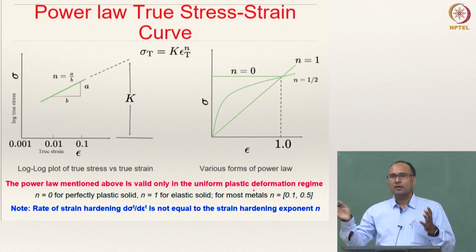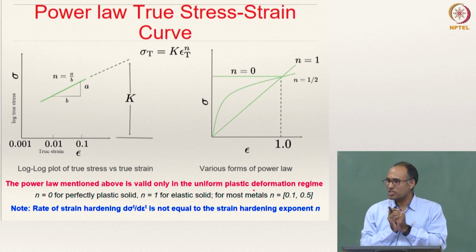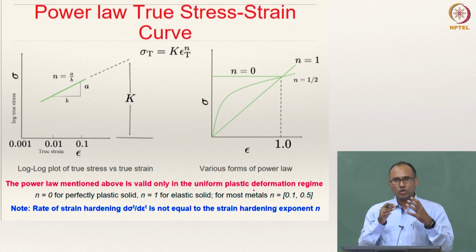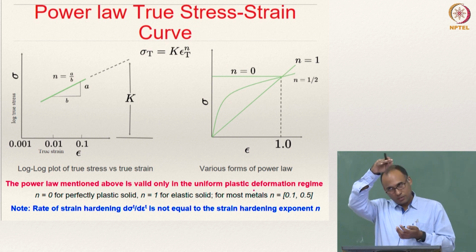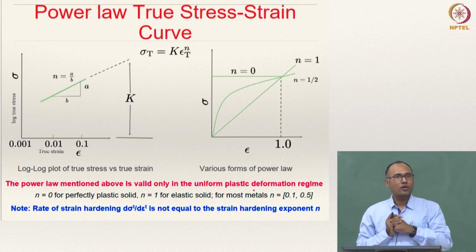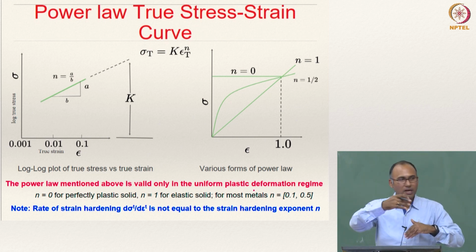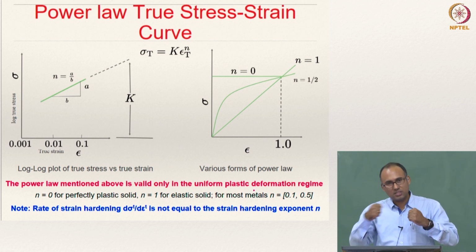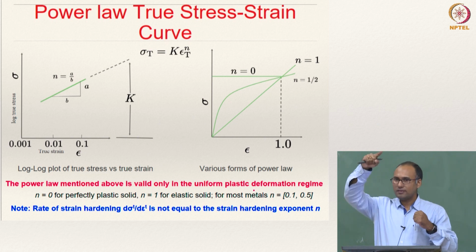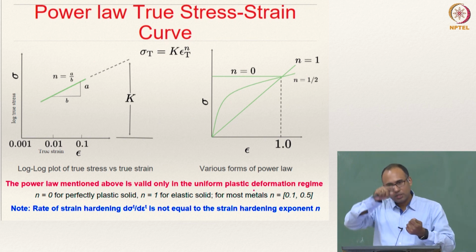And beyond necking, so the necking represents the onset of localized deformation, right. And then usually after necking, if you are looking at the engineering stress strain curve, your stress strain curve falls down because the force required to cause further deformation will go down. Previously, until the ultimate point, the additional force required to cause further deformation was increasing, right. But after necking, the force required to cause further deformation goes down.